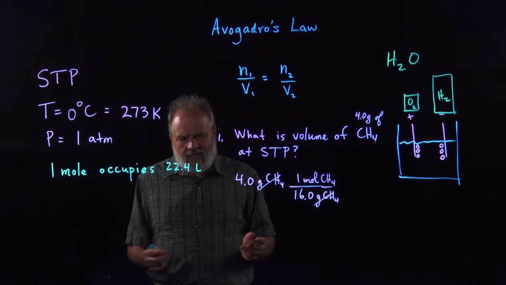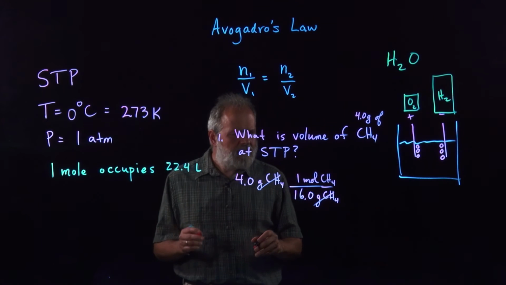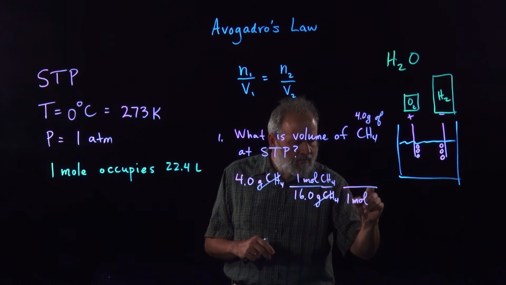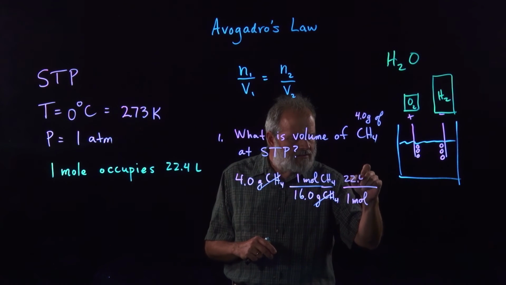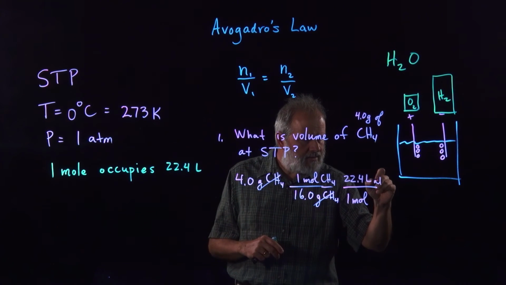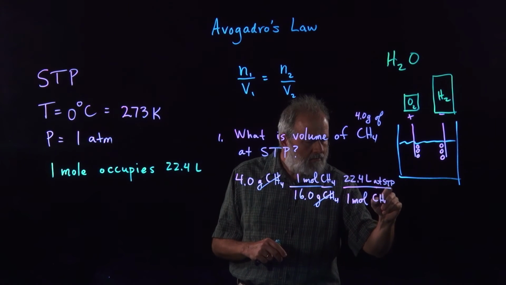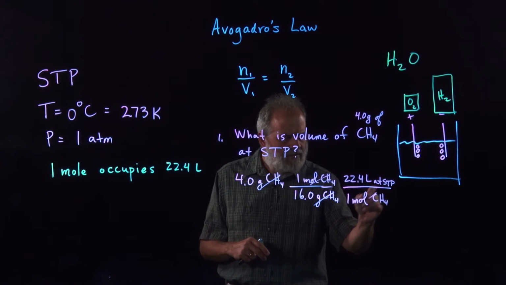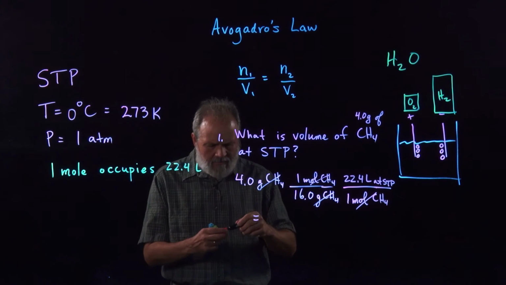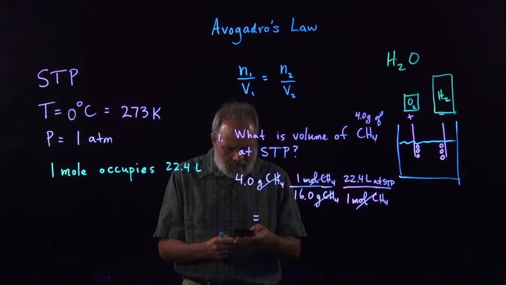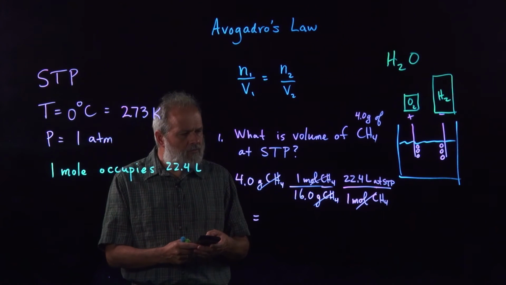Now, of course, that depends on the pressure and temperature and everything, but at STP, 1 mole will be 22.4 liters at STP. And the final answer for 4 grams of methane at STP will be